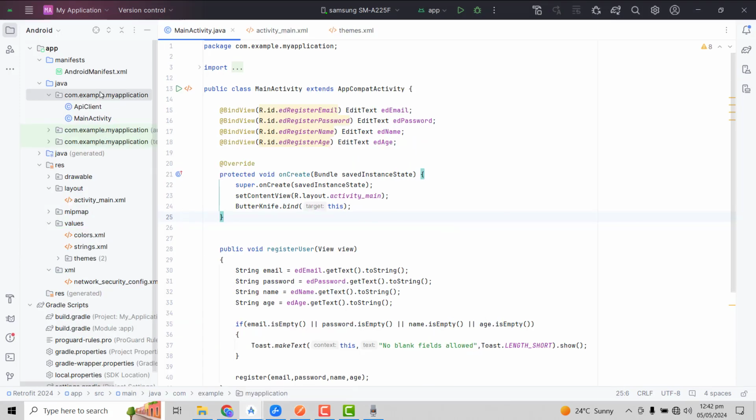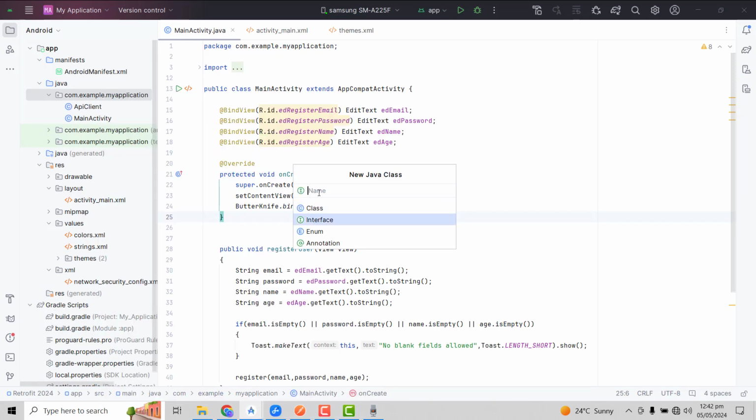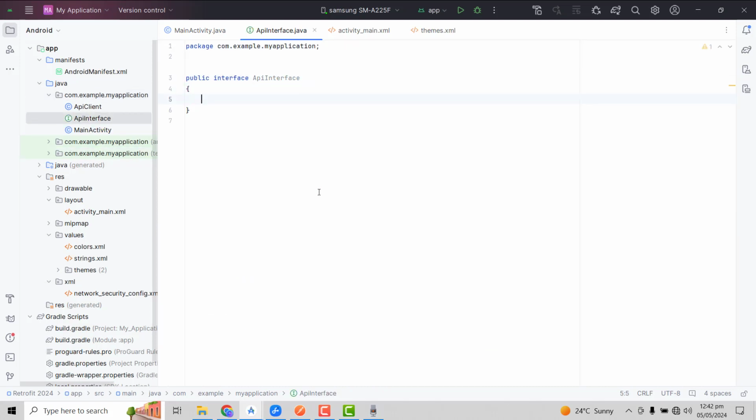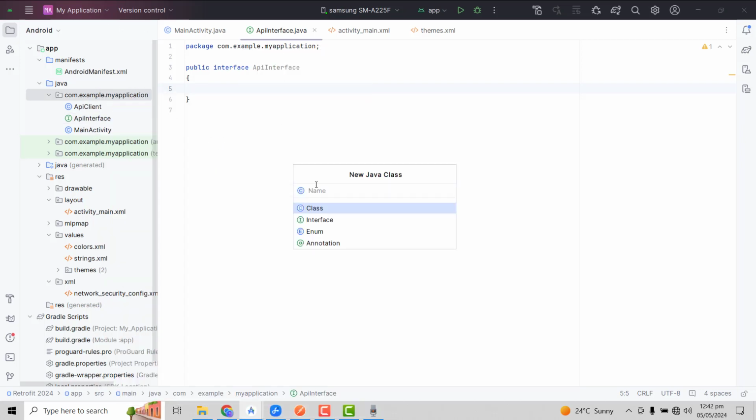Right click on, let me show you. Here we have to click on new and click new Java class, and in here select interface and write API interface. Right inside your API interface class we have to specify some functions. So for that we have to first of all create the Java class and rename it as user, or we can say response user serializable,